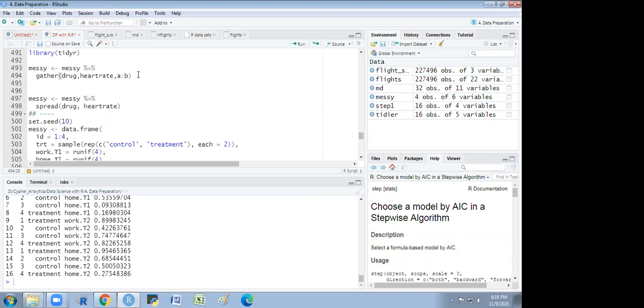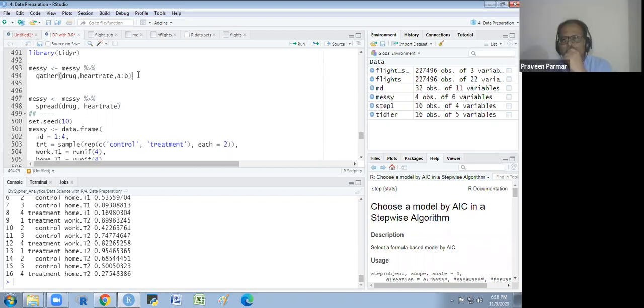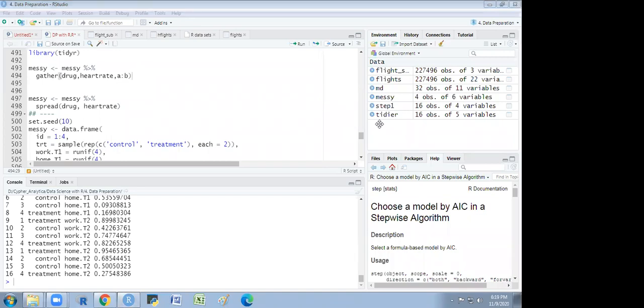Can you show me the output of this first Messi? Copy paste it for me.